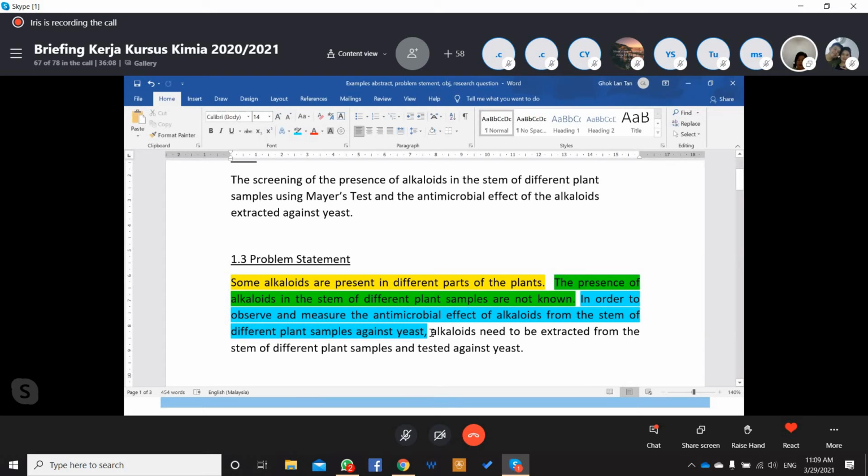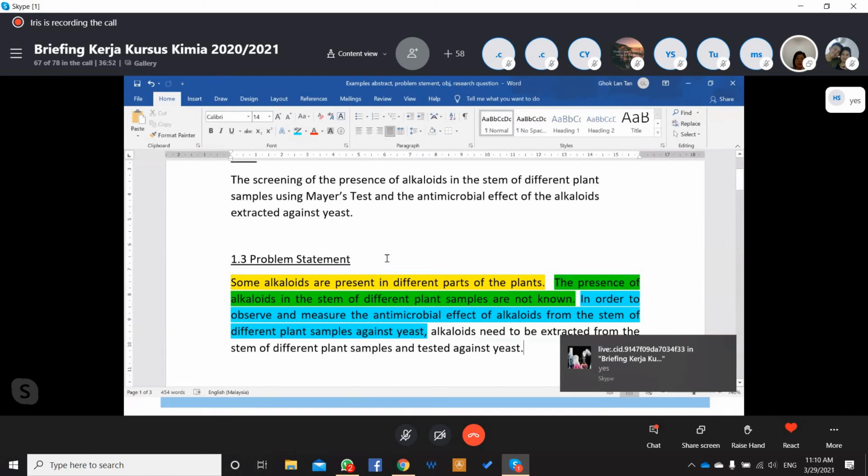So finally, what do I do? I don't have to highlight lah. Therefore, alkaloids need to be extracted from the stem of different plant sample, and after that, after extract, I will be testing it against the yeast. So this is finally guiding me to do in order to answer or to solve my problem in mind. Class, are you with me? Yes,